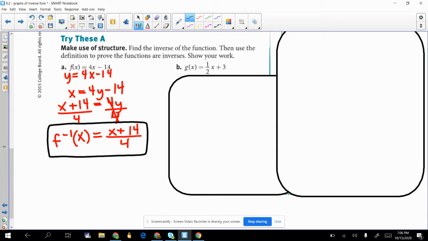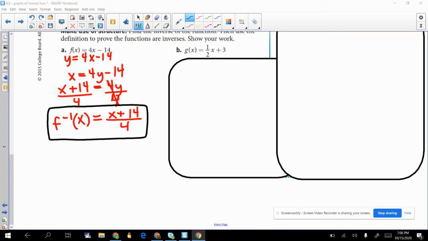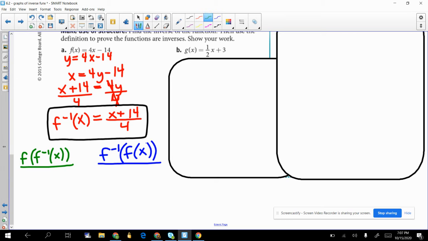Okay, now this is the new part. This is where we need to check. So what we are going to do, and I'm going to use some different colors here, is we are going to compose the functions both ways. So I'm going to do f of f inverse of x. And then I'm also going to do f inverse of f of x. Okay, so the first way, we need to take our inverse function and plug it in for x here. So that would look like 4